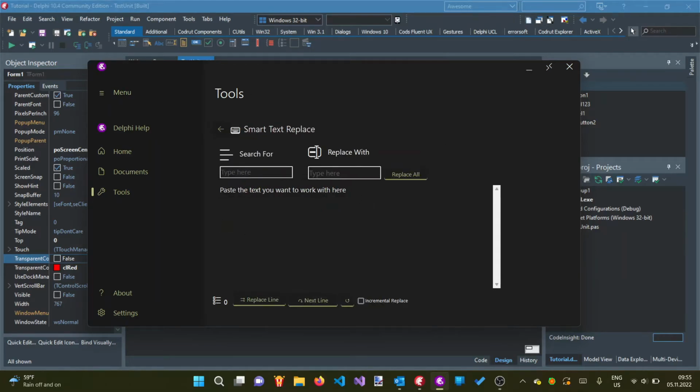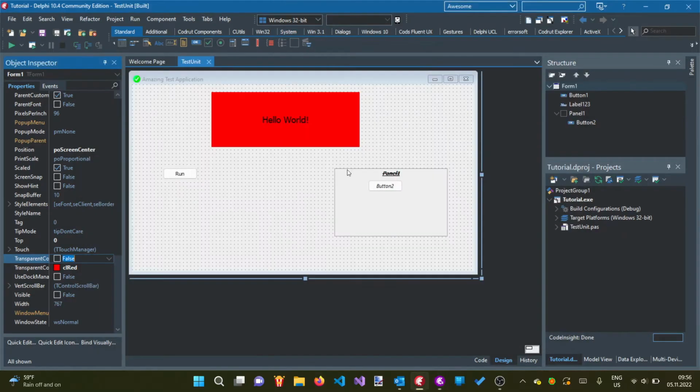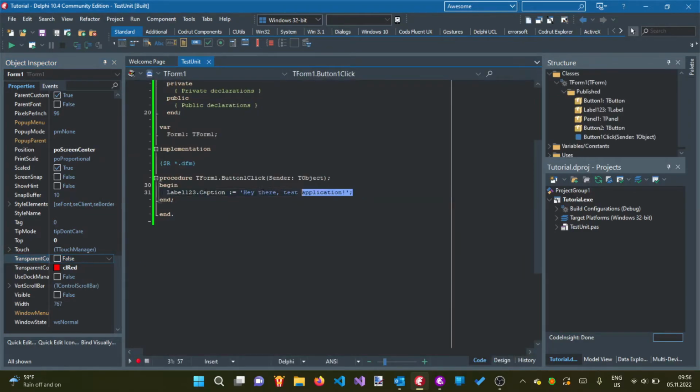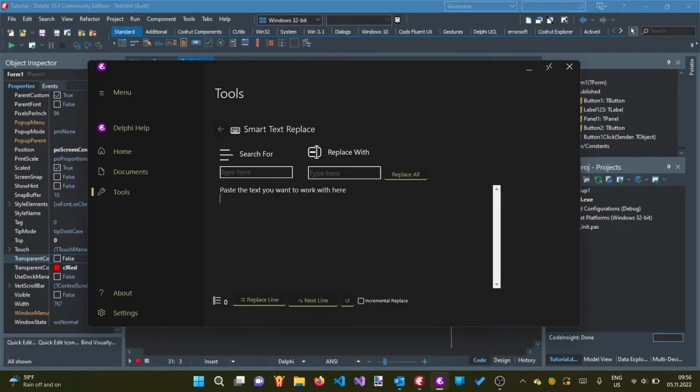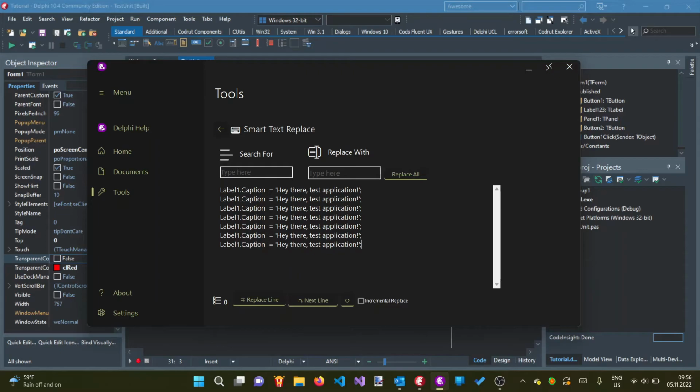So I'm going to go to the Smart Text Replace. This one is very helpful. So let's say, for example, you have a label one. You have 10 labels and you want each one of them to be set to this text. Well, if you do that like that, you'll have to go manually change 2, 3, 4. This is very time consuming and it's not good. It's a waste of time, completely useless. So